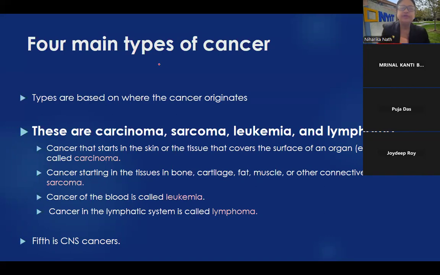So there are four main types of cancer. If I had to classify all the cancers, then the four major types of cancer that I showed you in that particular table come from different origins. But the names for those four types,